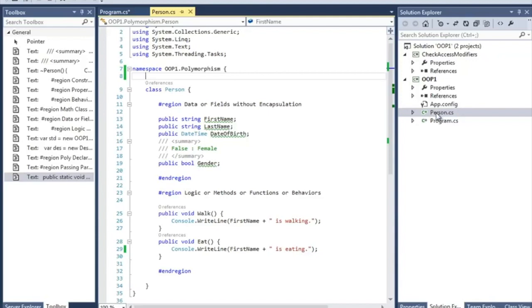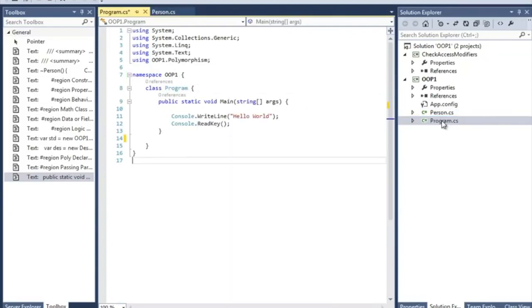In this case the C# file name is person, so I write my class name as person. If you go to the program, it has a class name of program like this. So this is the best convention, but you could write whatever you want. It will not complain and it will run just fine. So that's it. We have seen the class.